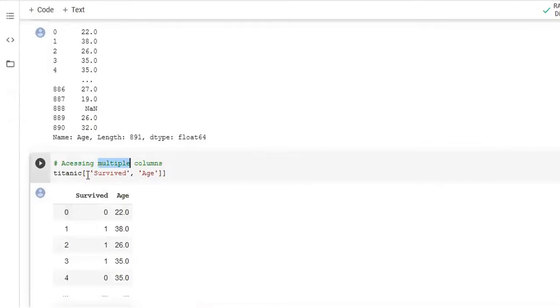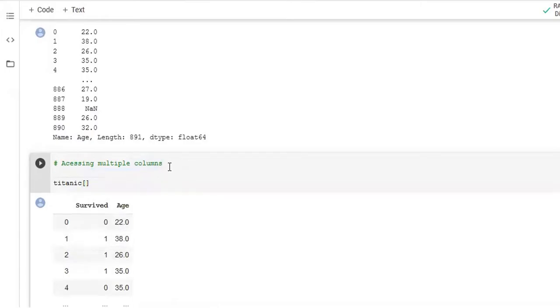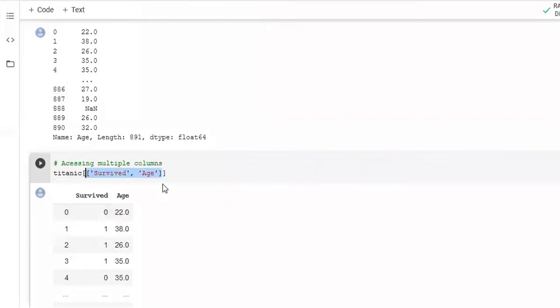Accessing multiple columns. To access multiple columns, we need to pass the names of the columns inside a list. So this is the list that I'm typing here, this is the column list equal to this list, and this I'm passing in. So basically this is exactly the same thing that I'm doing with the code given here. So if we want multiple columns, we have to pass them in a list. A single column can be accessed using a single name only.